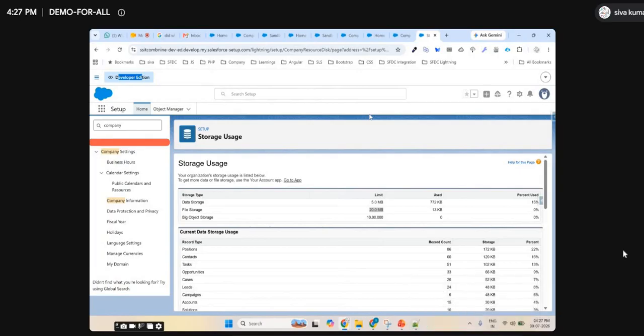In the developer edition, as a developer, you want to learn new features, or you want to develop a new product on Salesforce. The beauty of Salesforce is like in Android or Apple. Some people will develop Android apps and put them in the Play Store, and they will earn money, right? The same way the Apple Store. If you know Apple development, you can develop and put in the Apple Store and earn money. Same way in Salesforce also.